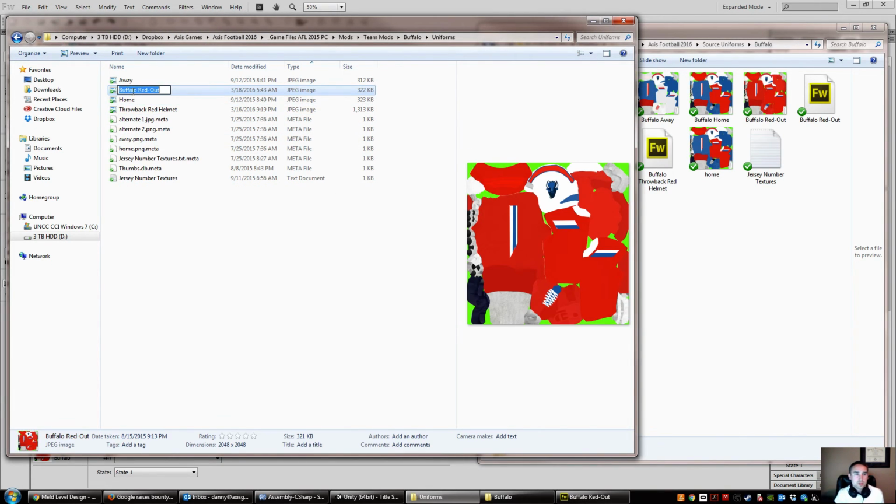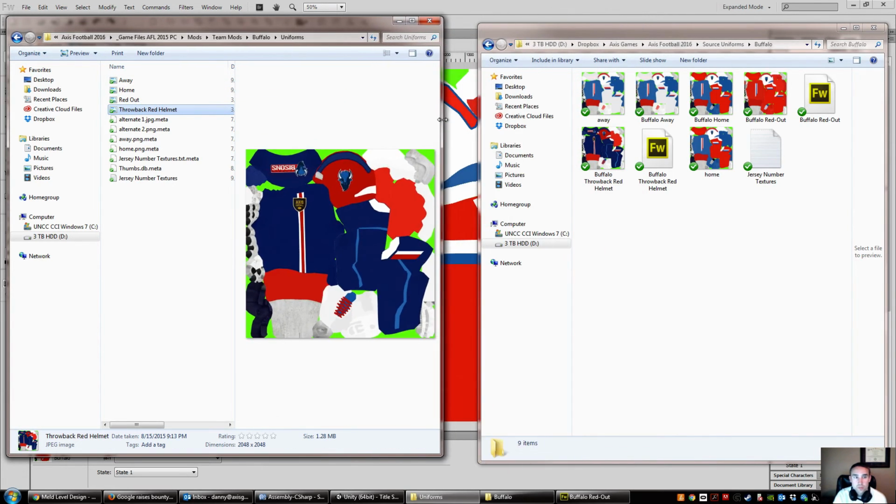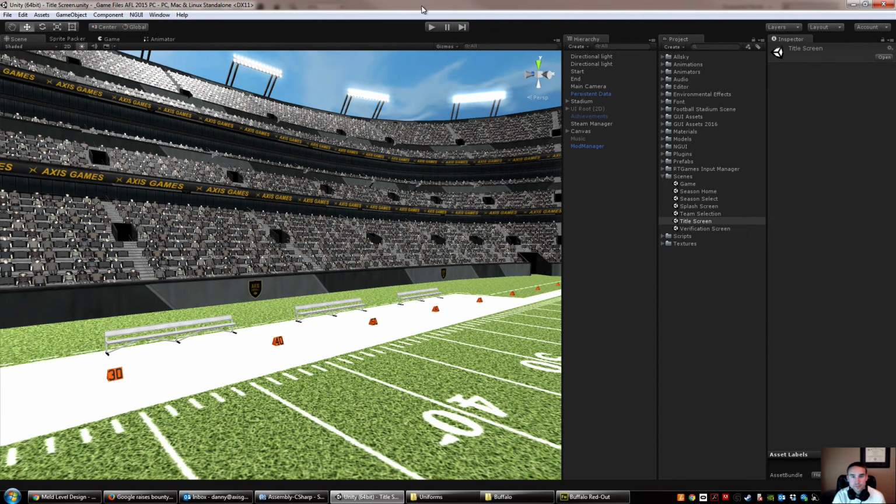Change this to just red out. Whatever name you put here is what's going to be shown in game. So we've got four different uniforms for Buffalo. Dallas only had two. Okay, so if we go into the game now, and I click run,